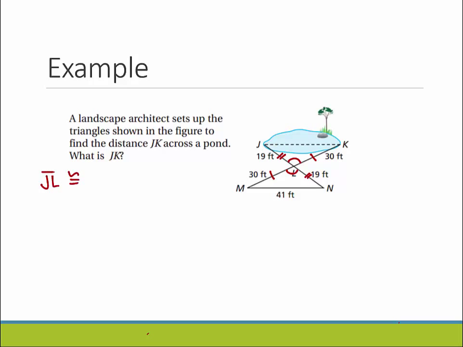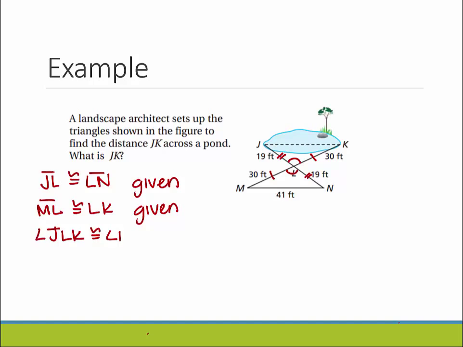So we know JL is congruent to LN. That's kind of given to us. And we know ML is congruent to LK. And then we know angle JLK has to be congruent to angle MLN because of vertical angles. So right now we have side angle side that will prove that these two triangles are congruent, that JLK is congruent to NLM